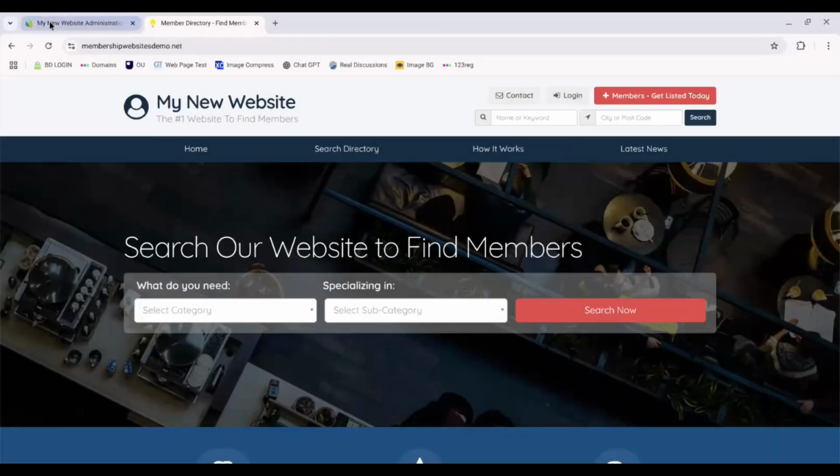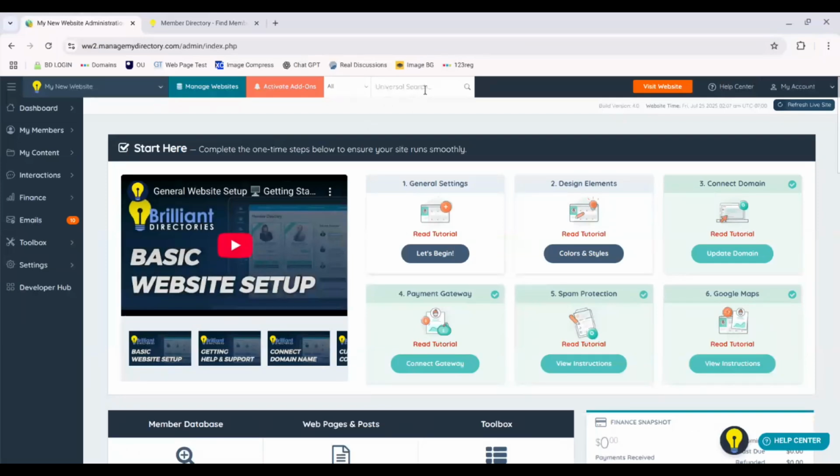So Brilliant Directories today have released a universal search just up here. Now this is a demo website, so it doesn't have much on it, but just to give you an idea of how it works, you can search specific sections within the admin by selecting the appropriate section, or you can